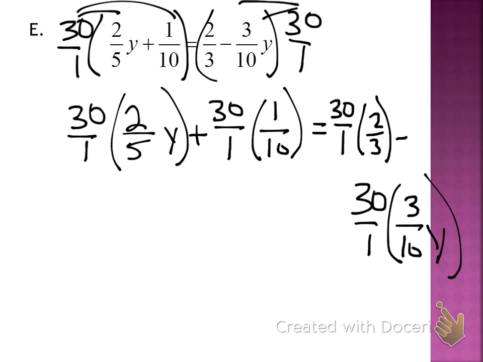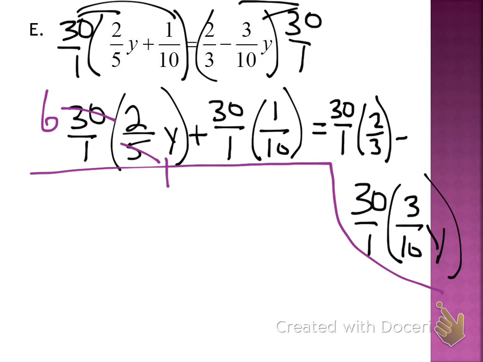Okay. Let's try to get the next line a little better. So, what happens to the 5 and the 30? Yeah, a 1 and a 6. Good. And 6 times 2 is 12. Y plus